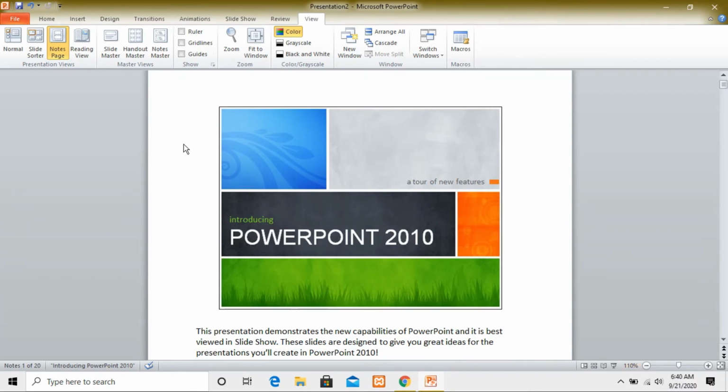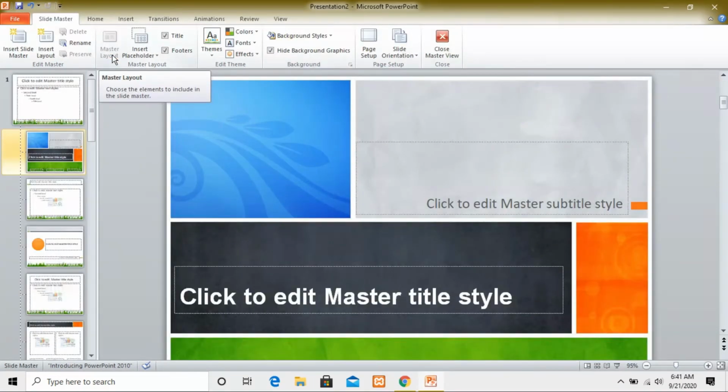So next one is master view. If you are working on the slide, if you have understood the presentation view, then we have another view, that is master view. So in the master view, first one is slide master. Okay, so slide master is what? We can create a custom layout by using the slide master tool.